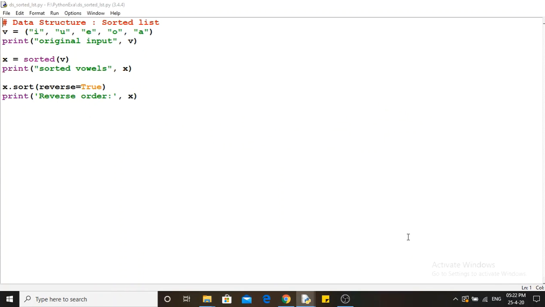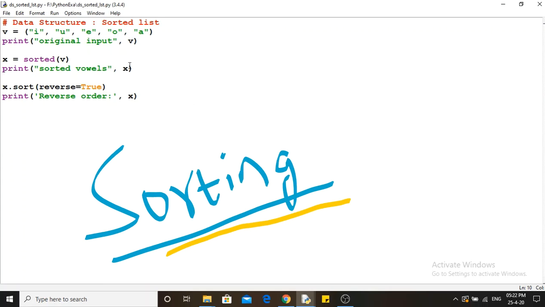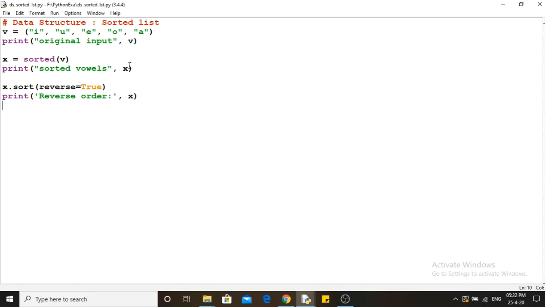And moving on to the next example, which is a simple example of sorting a particular character or group of characters. So here I can see a sorted list. There is a list here, with values given like I, U, E, O, A. Randomly we have given the vowels, right? I just wrote all 5 values randomly. Instead of giving A, E, I, O, U, I just gave some random order, the first I, then second U, then third E, and so on.